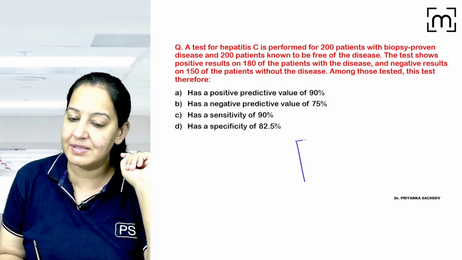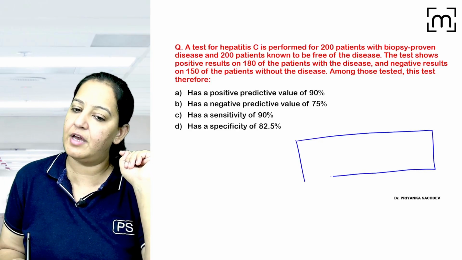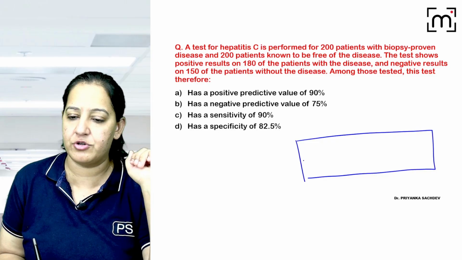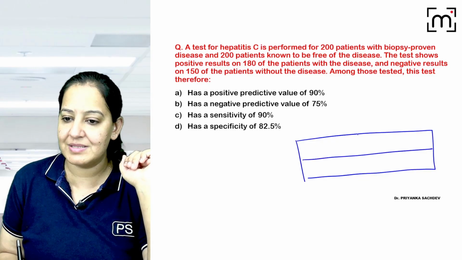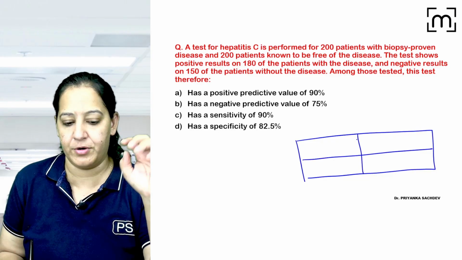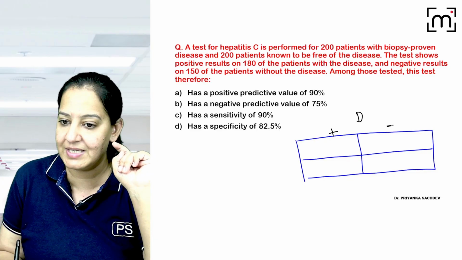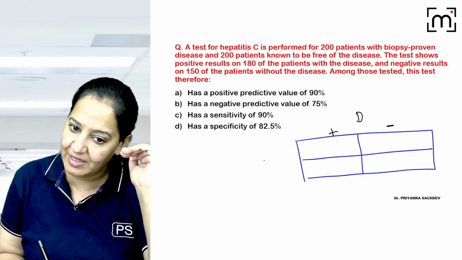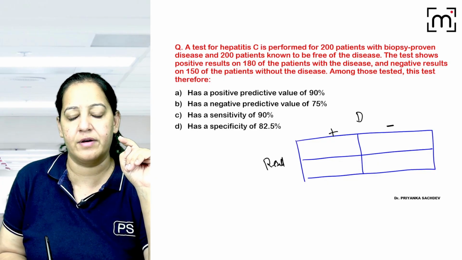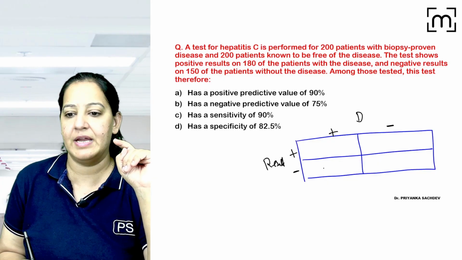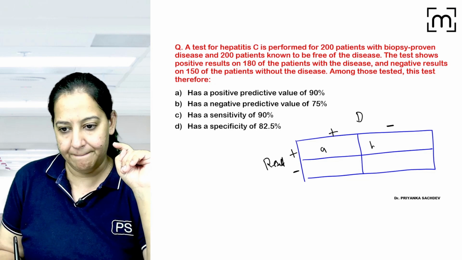Please try to learn this table. Once the values of ABCD are there, you know the formula, you will apply, the answer will be in front of you. So just learn how to make this table. This table making is ultra important. In this table making, always we take disease at the top, disease positive, disease negative, and always we take the test result on the left hand corner. The test result positive, test result negative. So write down A, B,